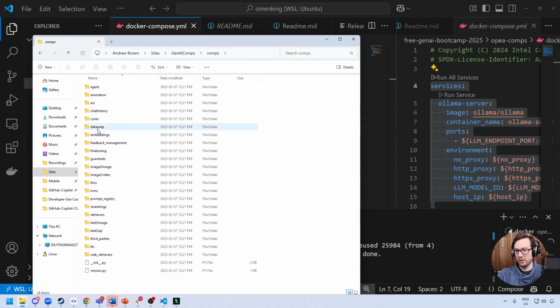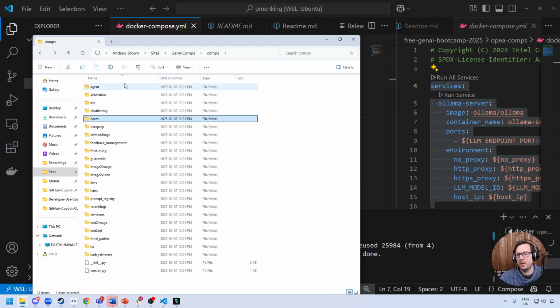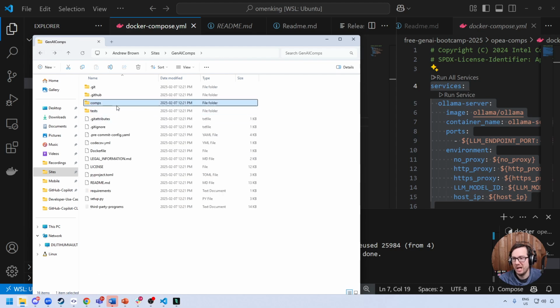But the question is, will it reference anything outside of it? Because there is cores, and it could reference cores. So the question is, what's the minimal stuff that we need to bring in? It might be cores, but right now I don't know. So what I'm going to do, this is a bit sloppy, is go ahead and just grab,